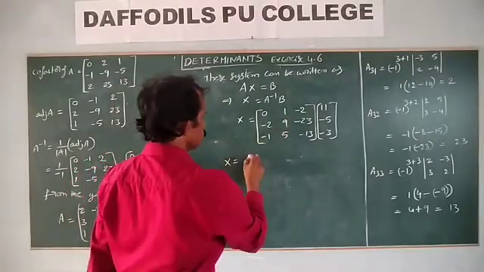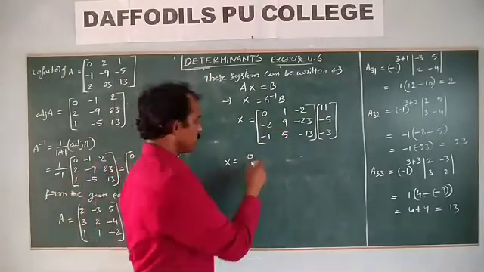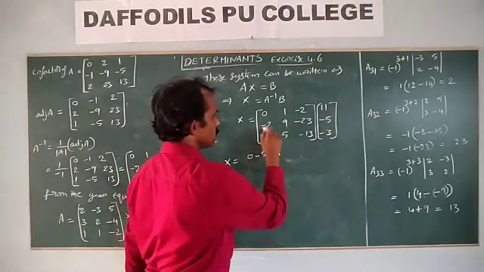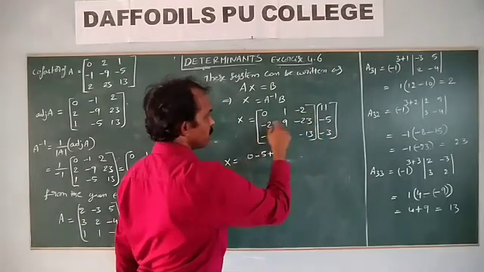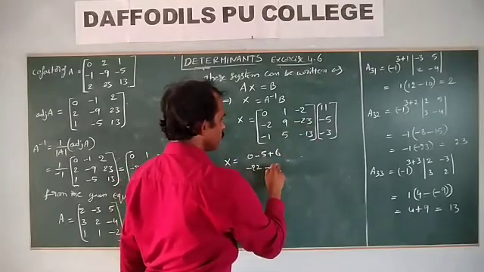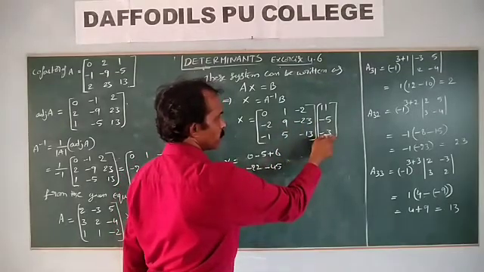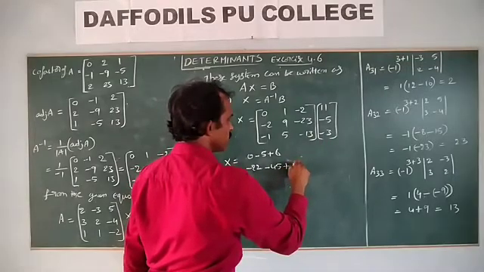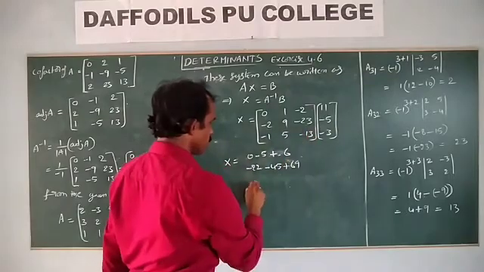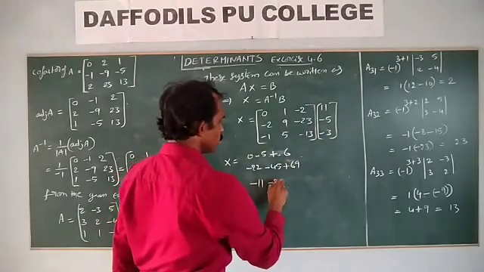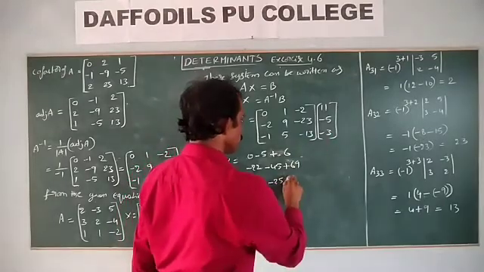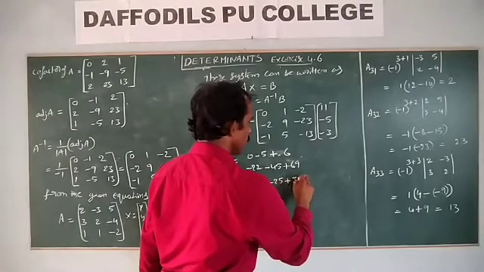X is equal to 0 into 11, 0, 1 into minus 5, minus 5, minus 2 into minus plus 6. Next one, multiply this row and this column: minus 2 into 11, minus 22. Next one, 9, minus 45, minus into minus plus, 3 threes are 9, 69. Plus 6. Next one, this row and this column: minus 11, minus 25, and this value plus minus plus 39.